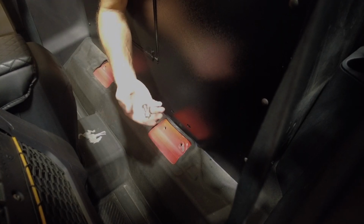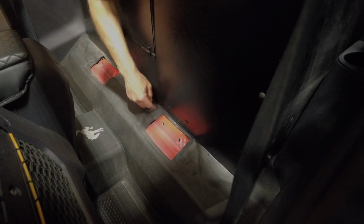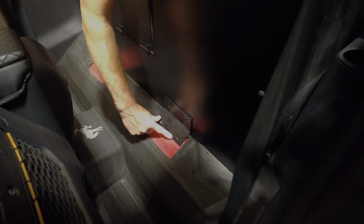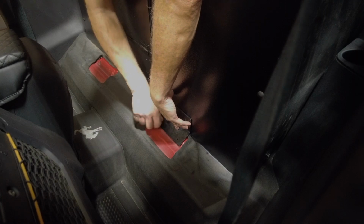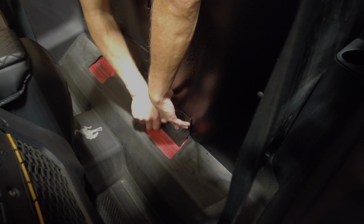So what we're going to do is, these are the factory bolts when you pulled out your seat. I just have two for right now, so I'm going to do one on both sides, but you're going to use all four. So what you're going to do is you're going to take the floor bracket that we have, and it's going to go just like this. So you're going to put your two factory bolts in. So I'm going to do one of them, so I can do one on both sides. And you're just going to put that down finger tight for right now,